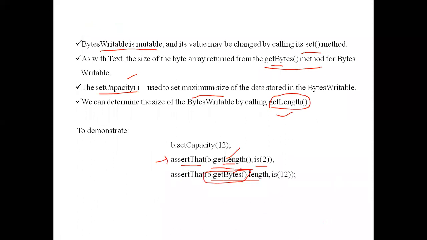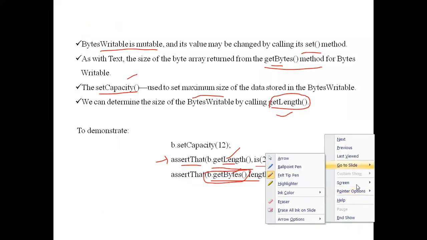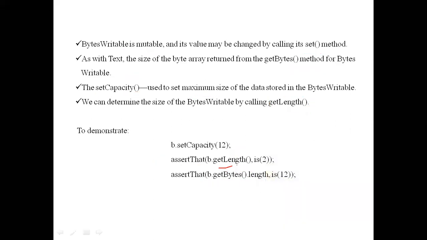Clear on the difference between getLength and getBytes? getLength will give how many numbers we are going to place in that array, whereas getBytes will consider the total number of bytes in the array, including the integer field also. Totally how many bytes are placed in that array. That is the thing.